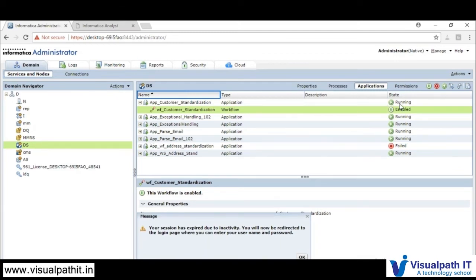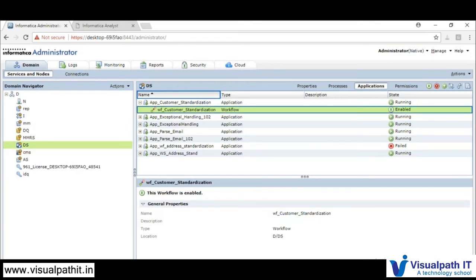Running indicates you can schedule it, and failed or stopped indicates that a workflow cannot be scheduled. So this gives some flexibility: whenever you have a workflow and you do not want it to be visible or scheduled at that time, you just stop that application, so the code will still exist but you can't reach it. So that is the option we will have.